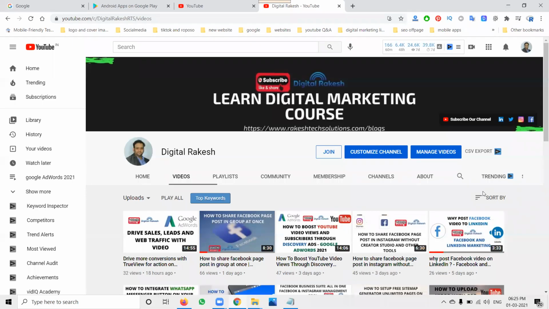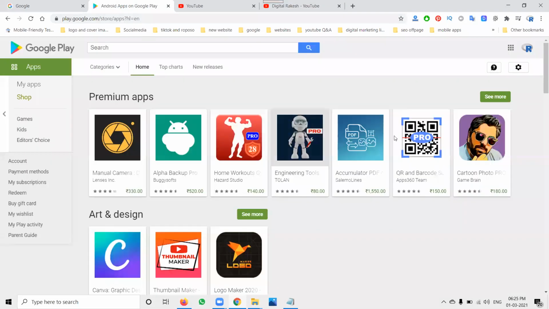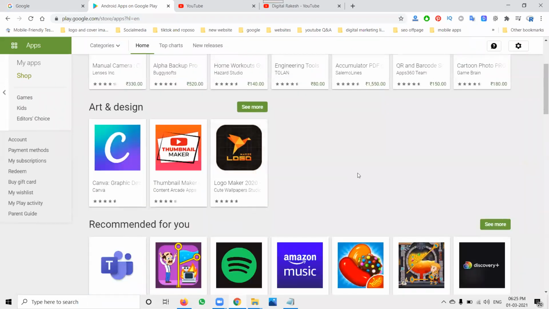So guys, today I'm going to discuss how we can advertise a mobile application using a Google AdWords campaign. Everyone making an application is worried about app installs and app engagement. So how can we increase app installs by using a Google AdWords campaign? Now first of all,